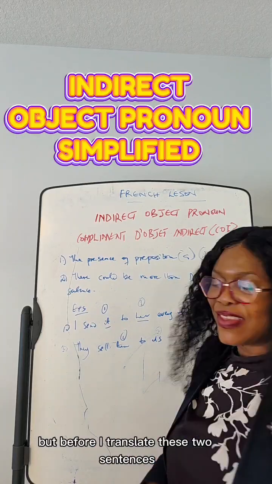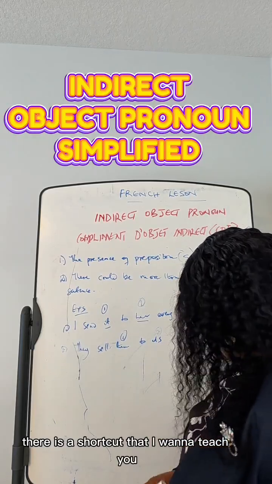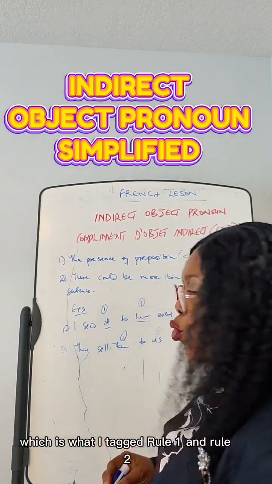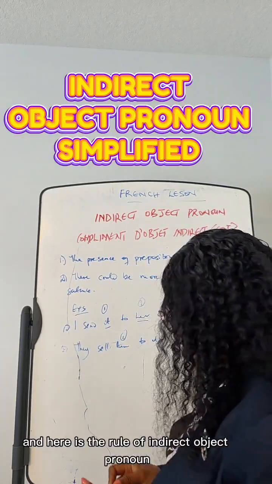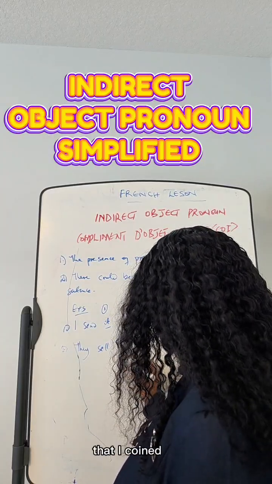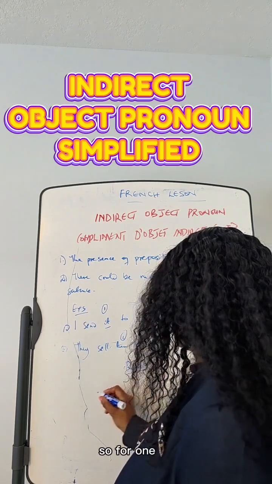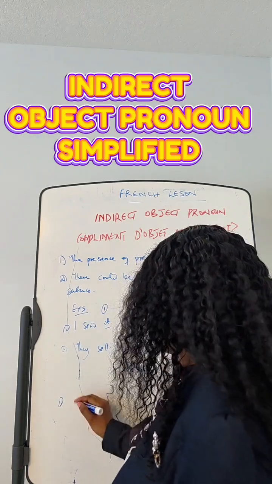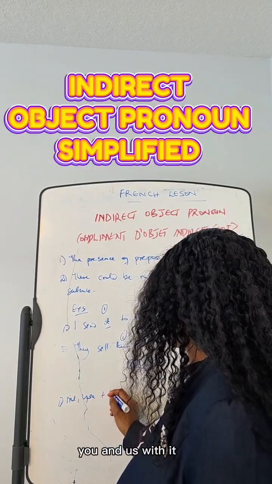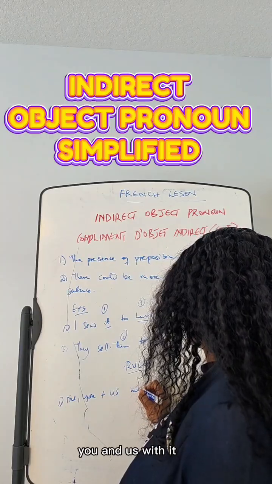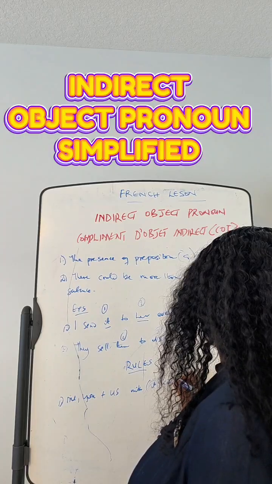But before I translate these two sentences, there is a shortcut that I want to teach you, which I tagged rule one and rule two. And here is the rule of indirect object pronoun that I coined. So for rule one, when we have me, te, and nous with it, him, her,